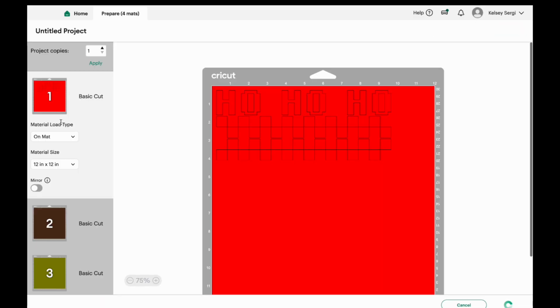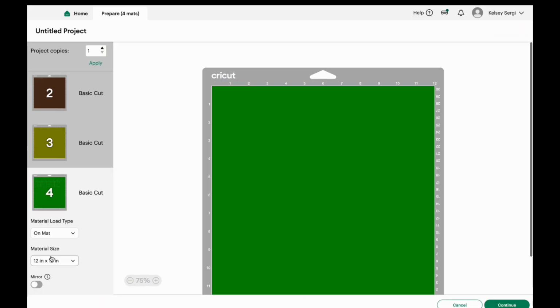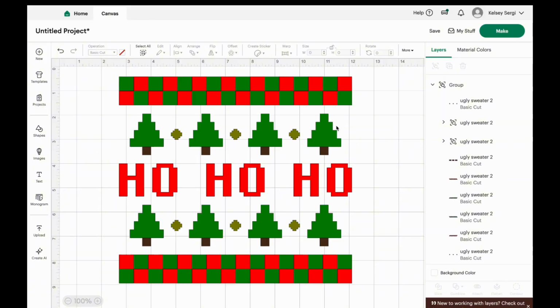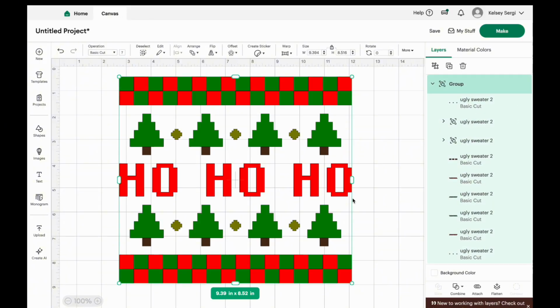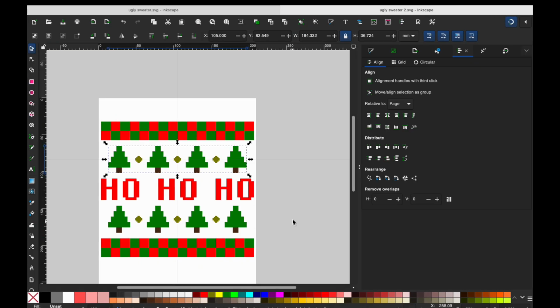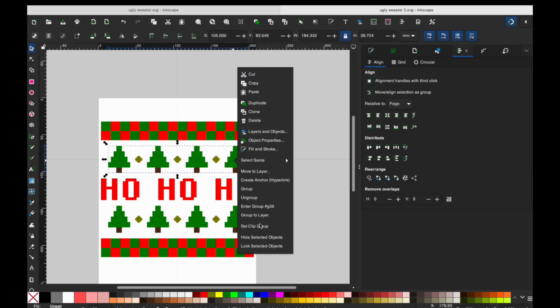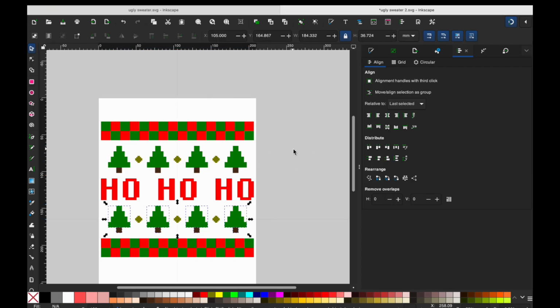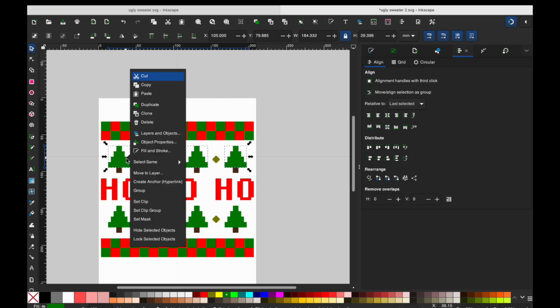Now here's the thing with the trees is we didn't weld those. So if you wanted to go back or union them, you can leave them like that if you want people to be able to move them around. Or we can go back into Inkscape. So I would go back and I would ungroup here and ungroup here. And you can go through, click on all the green,